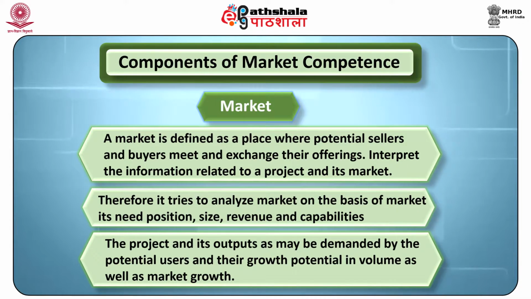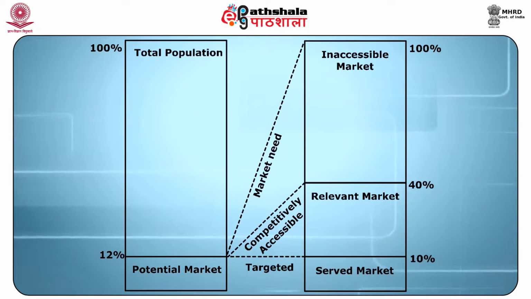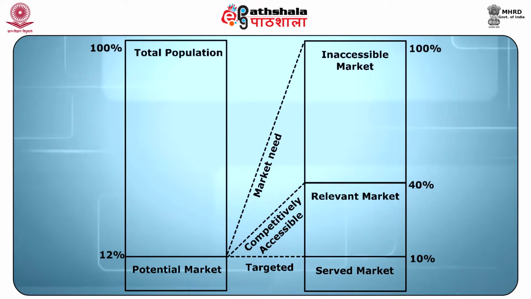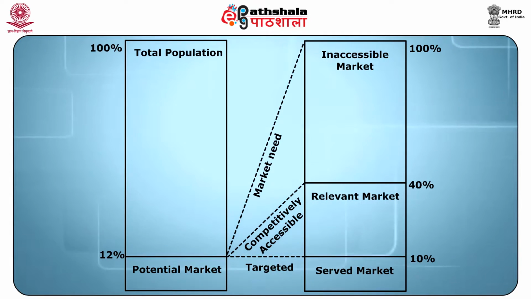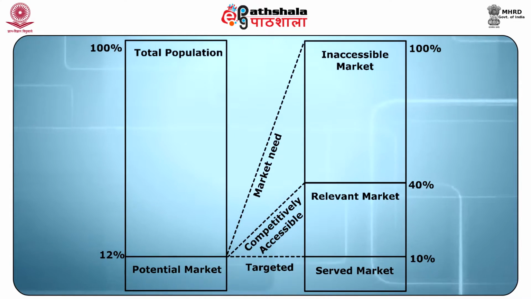as well as market growth. So we can show that with the help of these diagrams, what is a potential market and what is the targeted market or the served market. As depicted by figure 1 above, you can see that out of the total market, the market available that has the capability to be served on the basis of the project is referred to as the potential market, which is shown as almost 12%. The potential market may be further divided based on the requirements and needs into accessible and